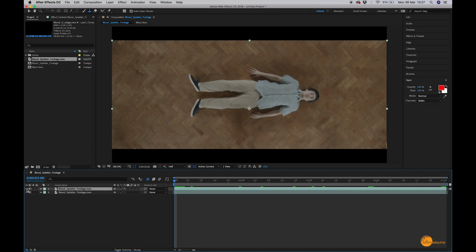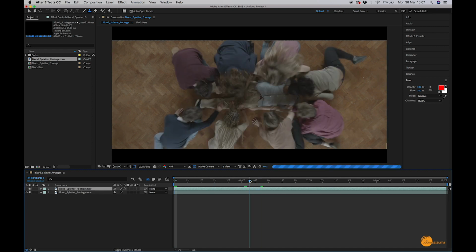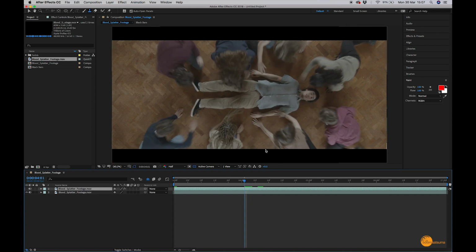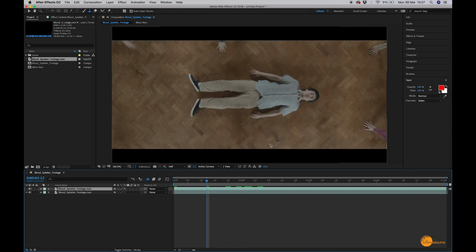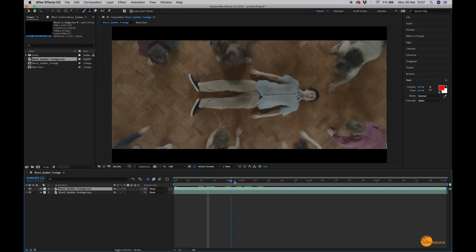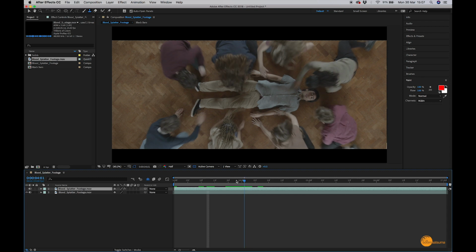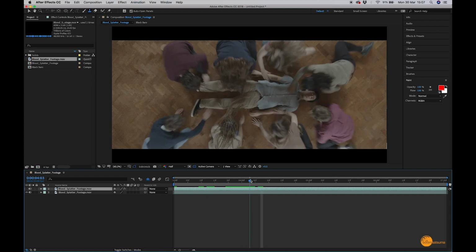So the next thing we're going to need to do is we're going to need to mask out anyone who crosses over the top of our painted out matte. Now there's a few ways you can do this. You could just start drawing masks around a new version on top so that we can replace our actor on top of our patched footage, but we're going to end up with lots and lots of 4K layers if we do that. We may start to get a bit sluggish while we're working, so instead I think a better option